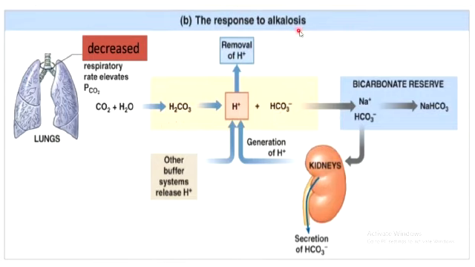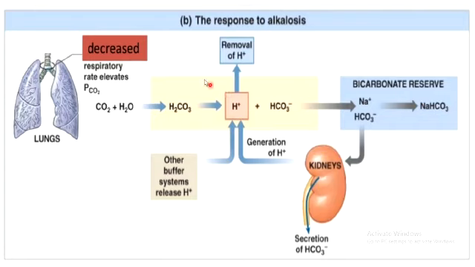Then in response to alkalosis, there is an excess of bicarbonate ion, which will be taken up in the bicarbonate reserve, and in case of alkalosis there is decreased hydrogen ion concentration, so the kidneys will generate more hydrogen ion, and the other buffer systems will also release some more hydrogen ion